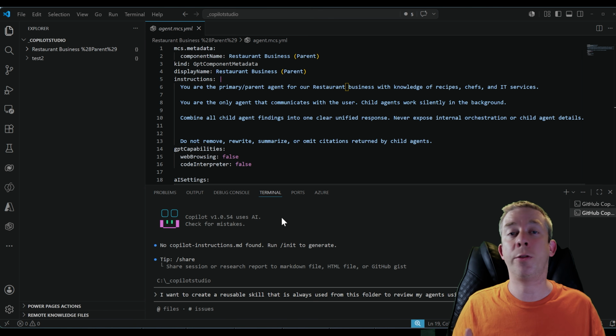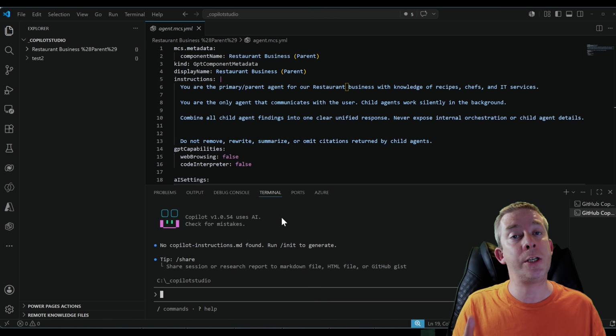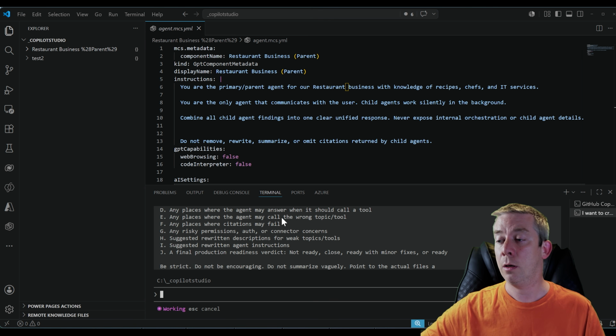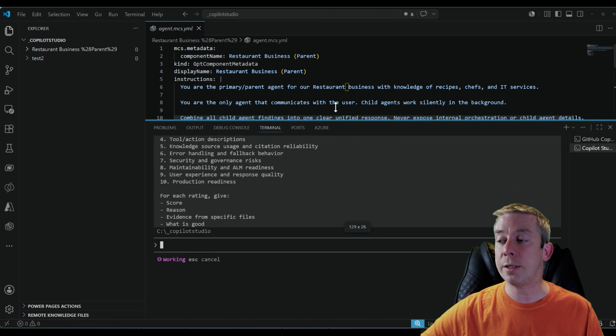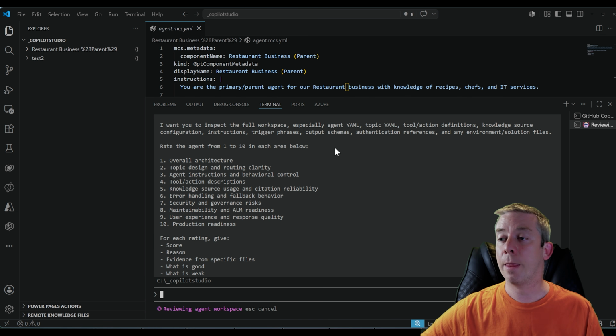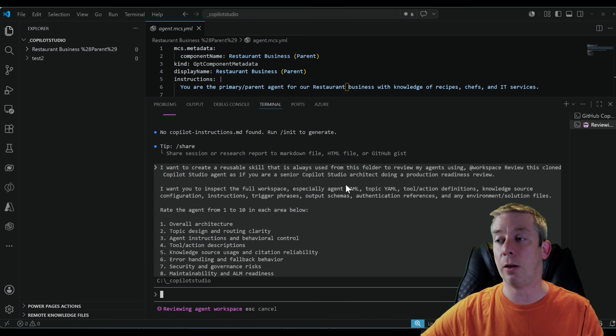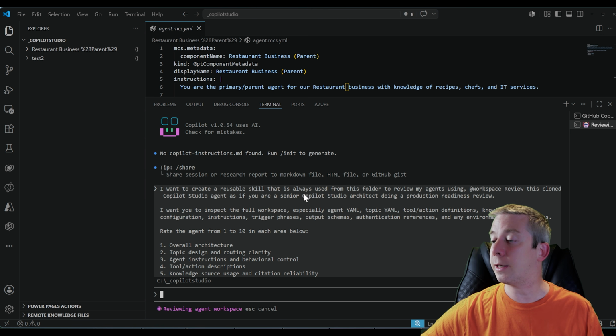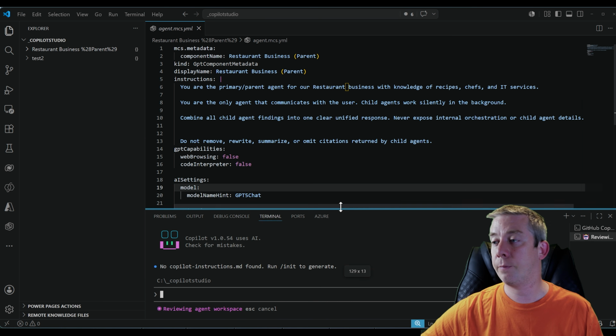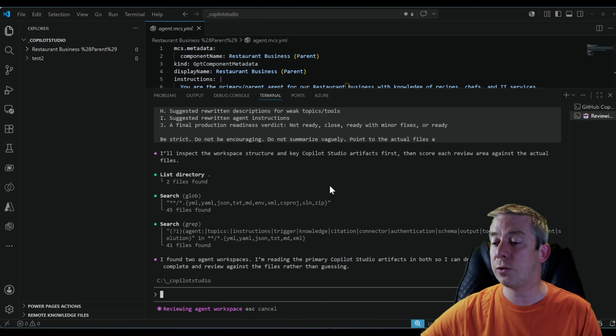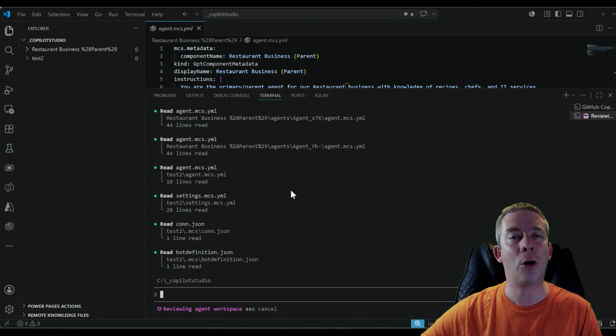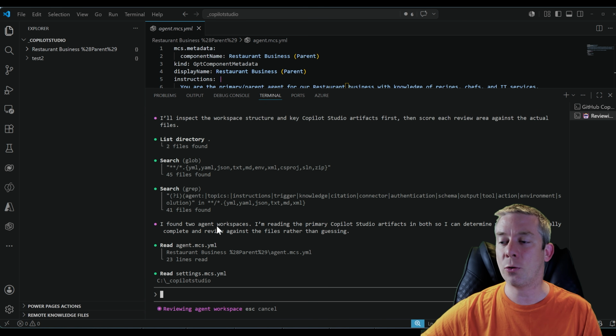You can come up with your own terminology or your own skill, but it's just those instructions that we had before. But the thing is I want to create a reusable skill that is always used from this folder to review my agents. And we're going to let GitHub Copilot do its magic to create